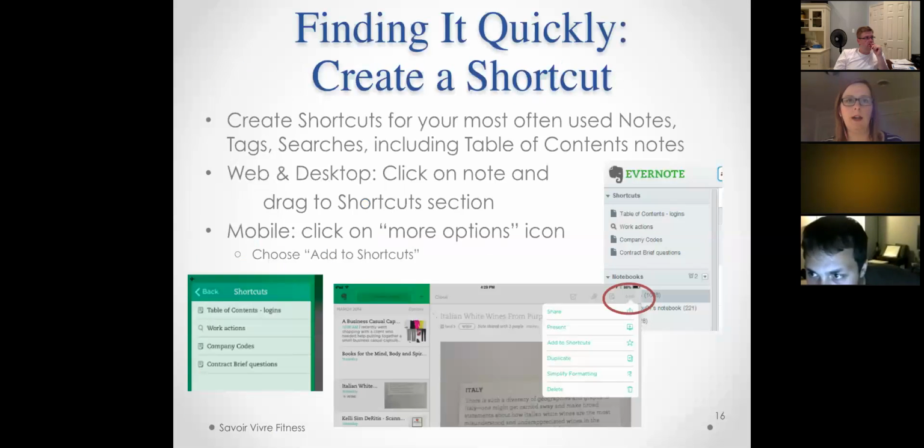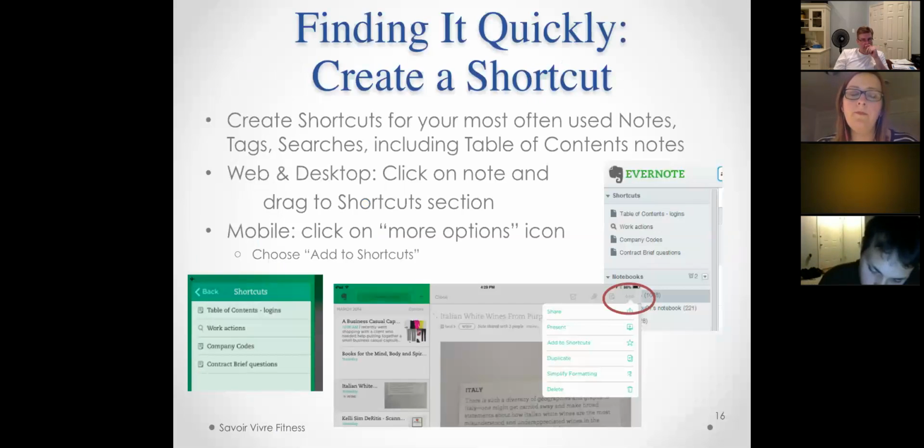Okay, creating a shortcut is as easy as dragging and dropping when you're on your desktop or on the web. When you're on your mobile device, click on those 3 little dots up in the top right-hand corner that give you more options and click Add to Shortcuts. You can make a note or a search, including table of contents notes, which I'll elaborate on in a second, a shortcut. Right now, I'm doing PIO, and because all the different